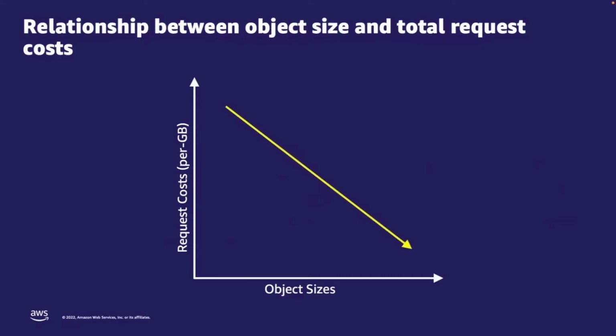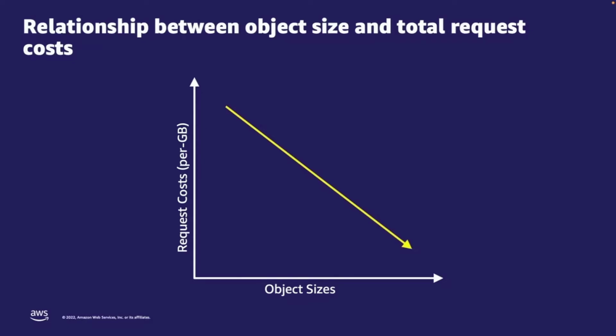When choosing which objects to lifecycle to lower cost storage classes, or when organizing your data in general, it's also important to think about the object sizes of your data. That's because as object size increases for a given amount of storage, there is a decrease in request cost. So we recommend that customers batch small objects into large objects to reduce the total number of requests and therefore decrease their request cost. This is particularly helpful if you have millions of small files. For example, if you're ingesting objects to S3 via Kinesis Firehose, you can set thresholds for object batching before uploading